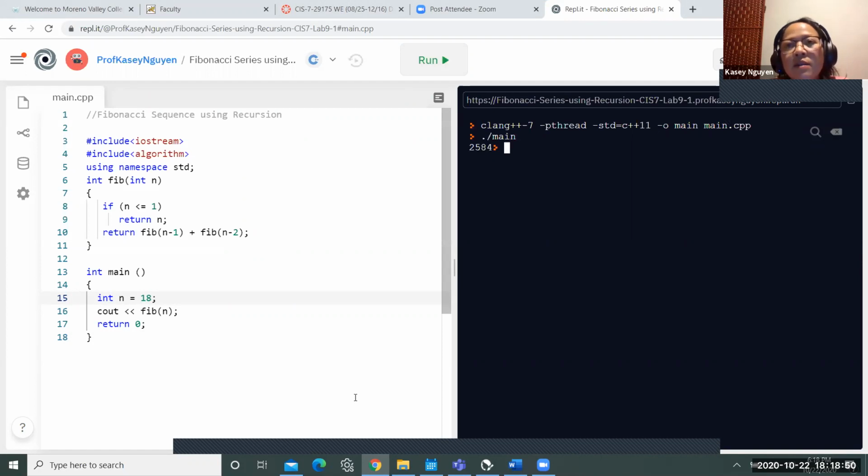And as we discussed before with recursion, it really depends on other factors we have to consider: our processor, our storage allocation. So when we put in 18 as n here, it gives me this output. Now let's say I want to play with this and go up to 88.